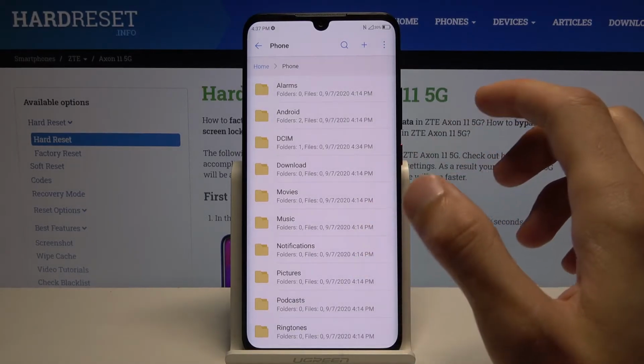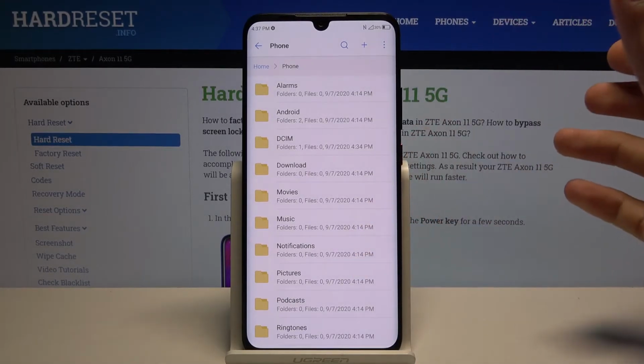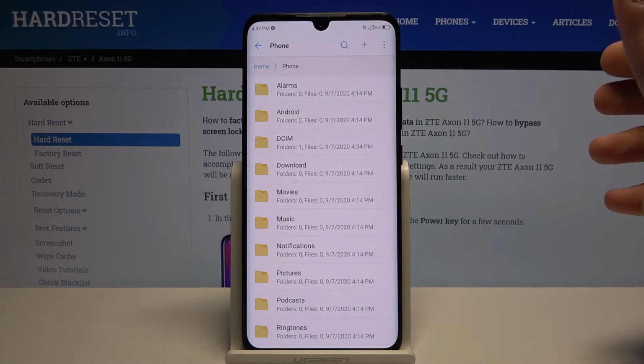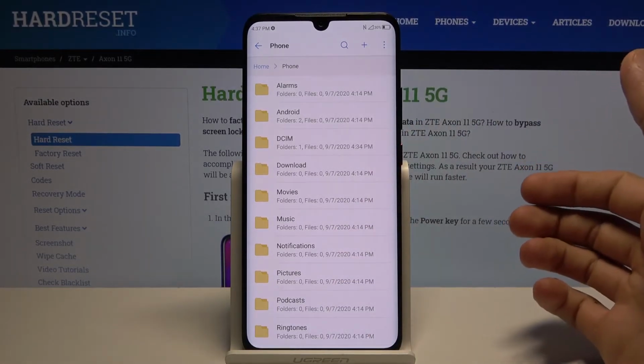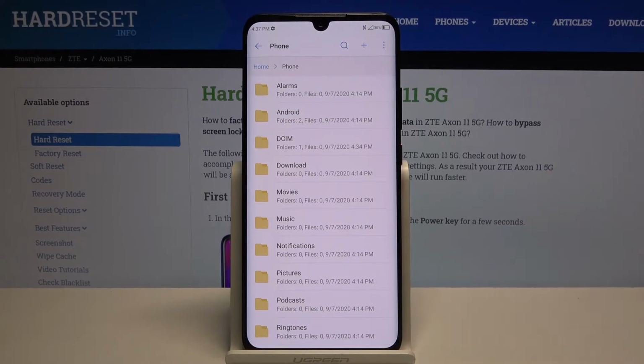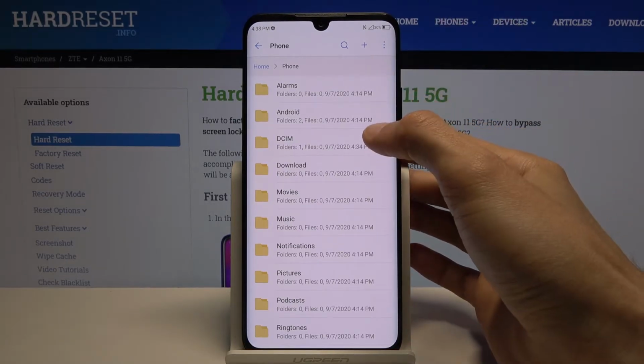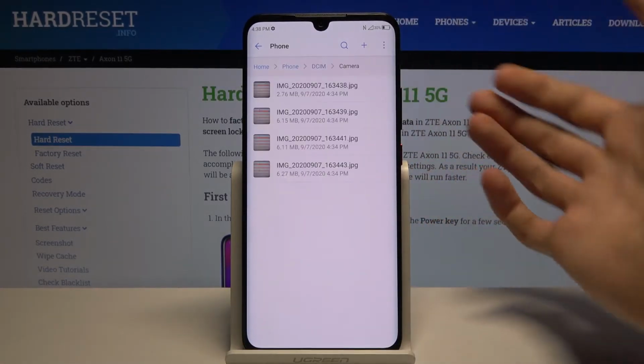And then the majority of the other folders are usually empty. Things like the alarm, movies, music, notifications, podcast, ringtones. If you didn't download any kind of specific app that would save in there, then those folders will be empty. So let's find our files, which, like I said, I'm going to use the photos that I have captured